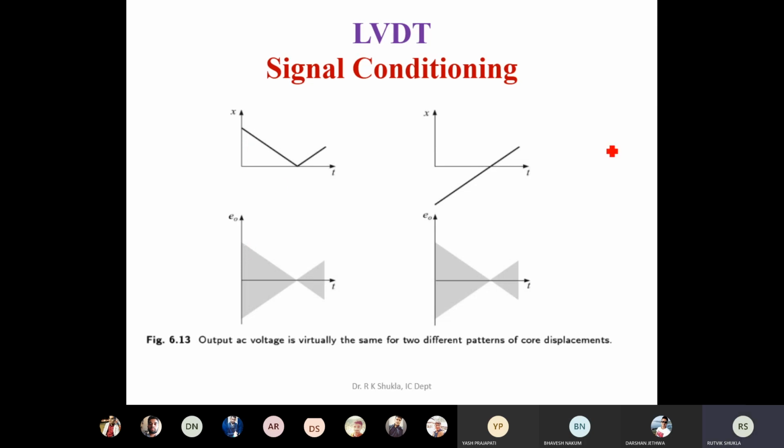Suppose these are the two cases, this is case 1, this is case 2. Case 1 says that whenever the core movement is like this, at that time see the type of output which you are getting, like this,